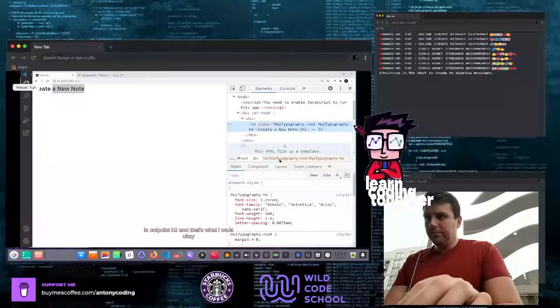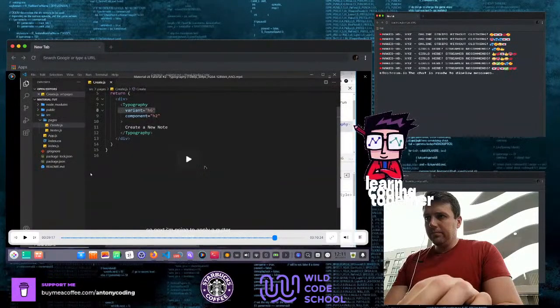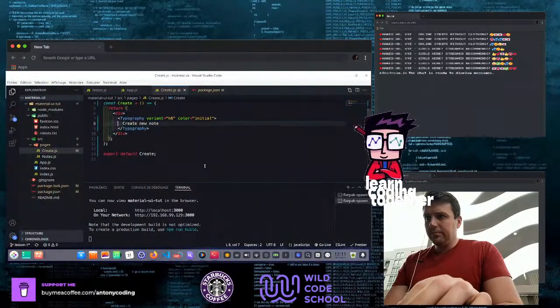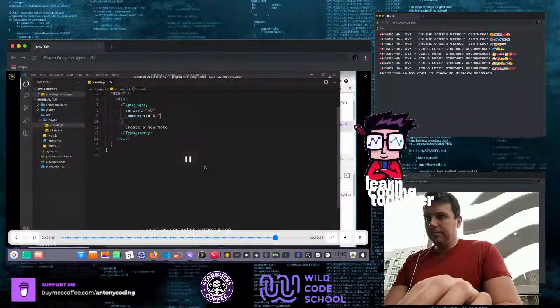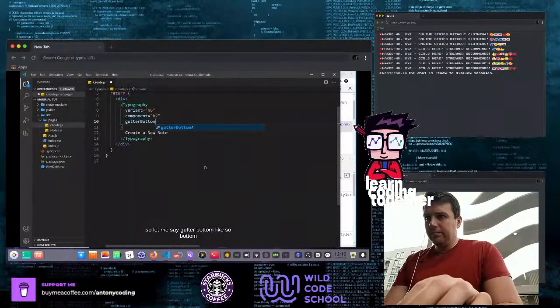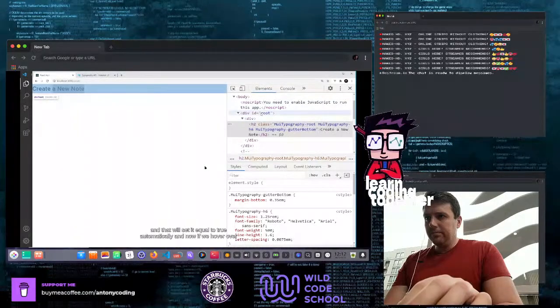Okay, so next I'm going to apply a gutterBottom. So let me say gutterBottom like so. Now I don't need to set it equal to true or anything. All I need to do is pass in the prop name, and that will set it equal to true automatically. And now if we hover over this, we can see that orange little margin below the text. And then finally, I want